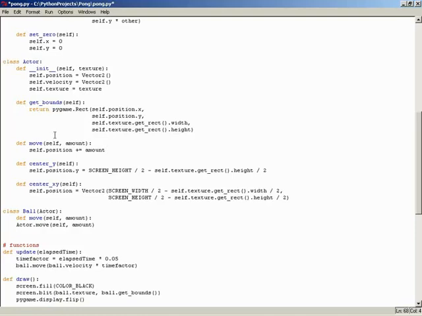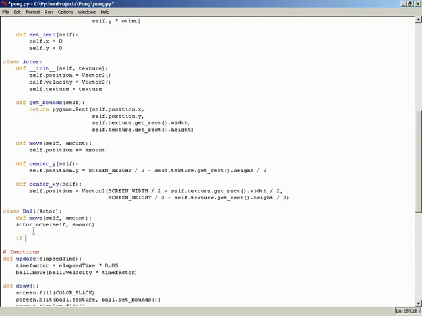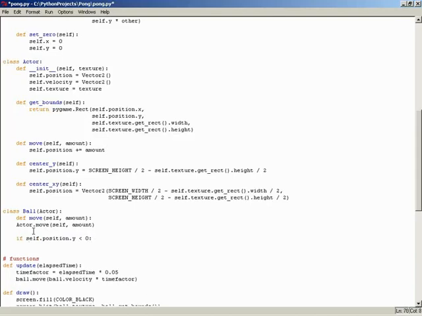Okay. And so to do that, we're going to move into some if statement checks. I'm first going to check the top and bottom of the screen. So we can begin an if statement. Inside of that if statement, we'll check self.position.y, and we'll see if that value has gone less than 0. If it has indeed gone less than 0, then we know we've hit the top of the screen. So we're going to bounce into the down direction. So we're going to say